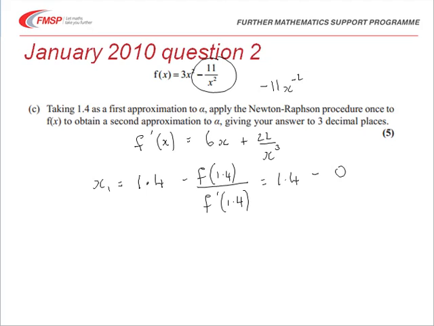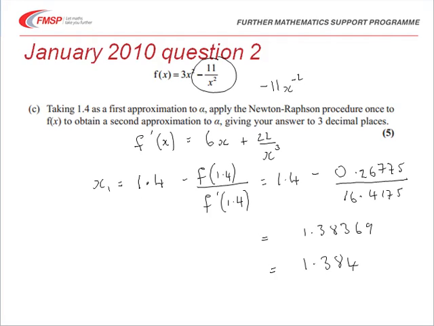We're asked to give our answer to 3 decimal places, so I'm going to use a value which has more significance, so 0.26775 for f of 1.4, and f dashed of 1.4 is 16.4175, and that's equal to 1.38369, or to 3 decimal places